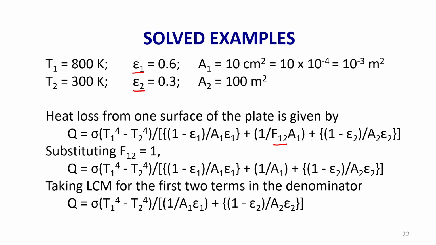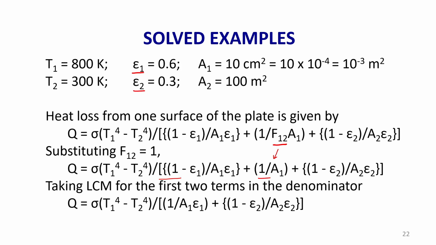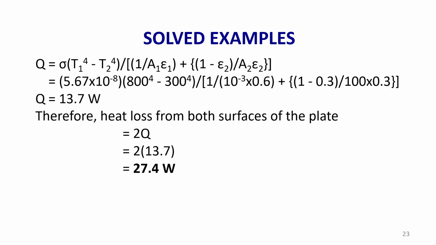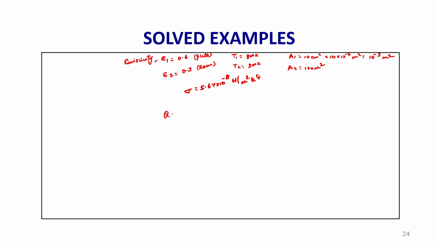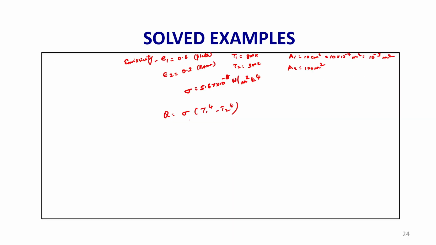F12 is 1. So, this term will reduce to 1 by A1, and the other terms there is one. So, take LCM for the first two terms in the denominator. Once you simplify, you will get the final mathematical expression. If you take this as equation number 1, it will be reduced to sigma into T1 power 4 minus T2 power 4, the whole divided by